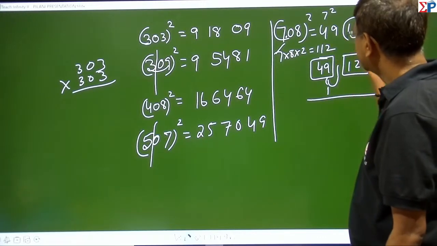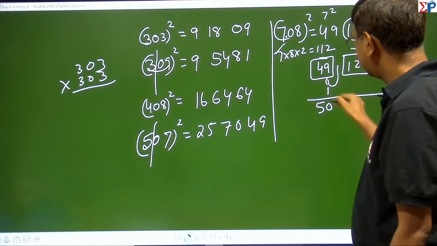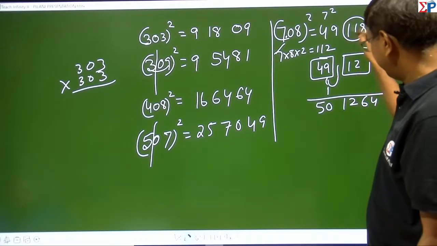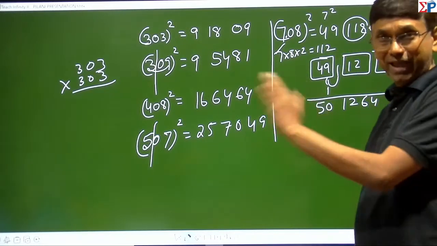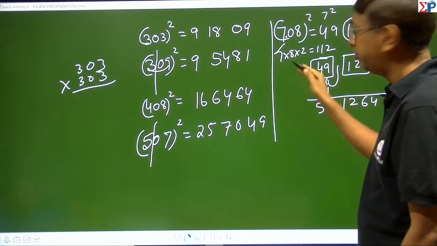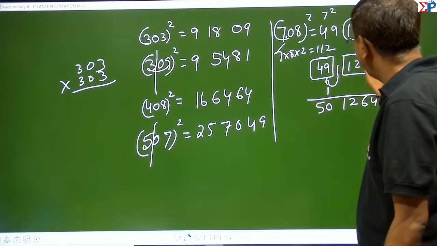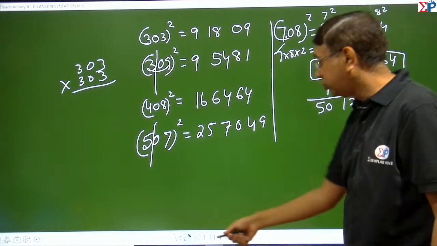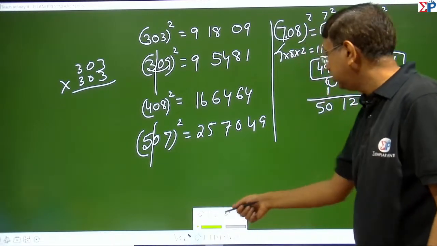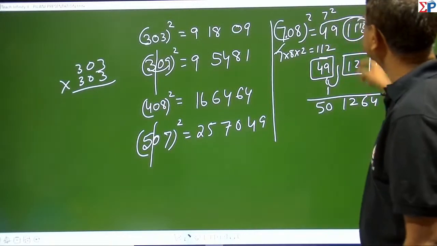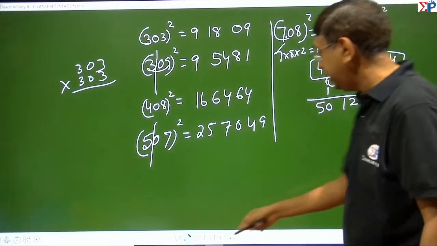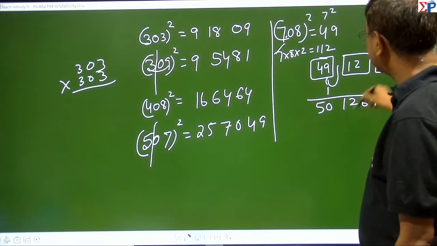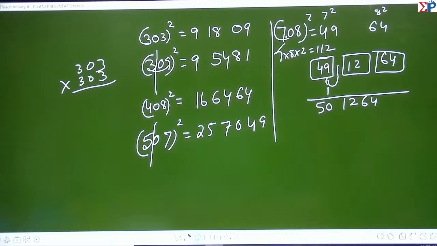सो यू विल हैव दिस 1 कमिंग डाउन, वी कैन नॉट मेक इट सेट हियर, सो व्हाट यू विल सी 50, ठीक है, 1264। अब आप चेक करके देखो, ये 112 3 डिजिट नहीं बैठ सकते, तो जब एक्स्ट्रा आ जाए उसको हमें बाहर बिठाना पड़ेगा, क्योंकि इस घर में दोनों में 2 की ही जगह होती है। सो यू गॉट इट, हाउ यू हैव टू टेक केयर, व्हाट इज द कॉन्सेप्ट ऑफ 2? तो that is the concept of 2. अब आपको समझ में आ गया कि जब 3 डिजिट आती है तो आपको this is how you have to do it। I hope all of you are clear।